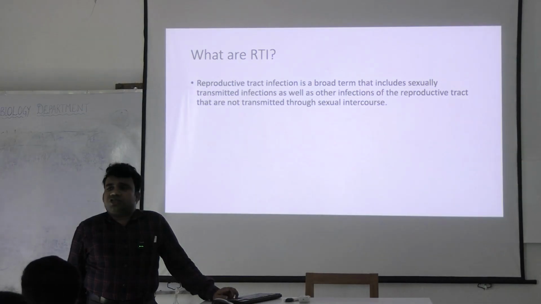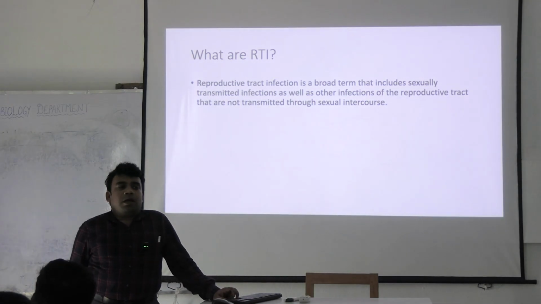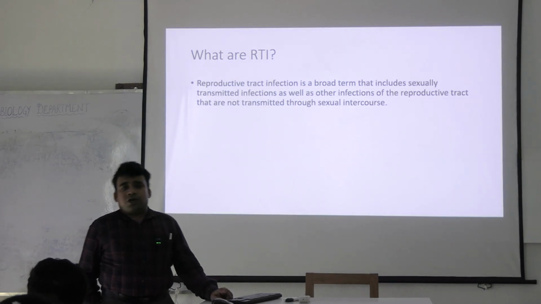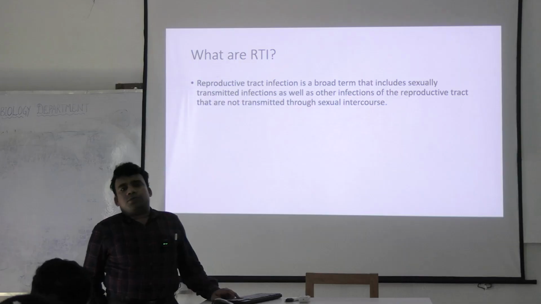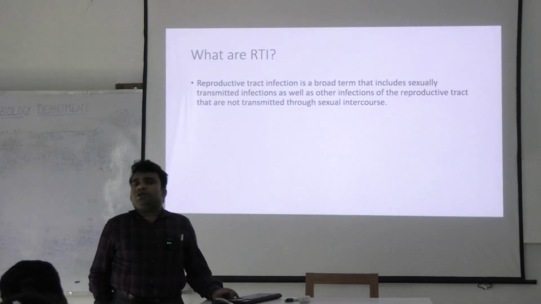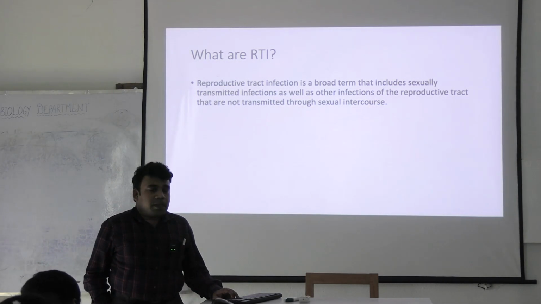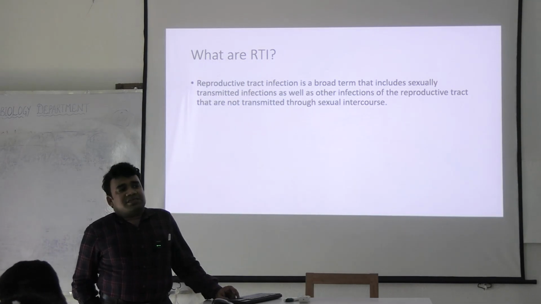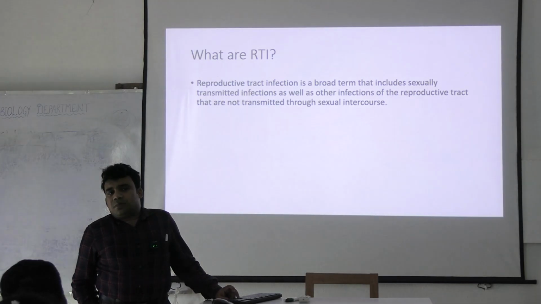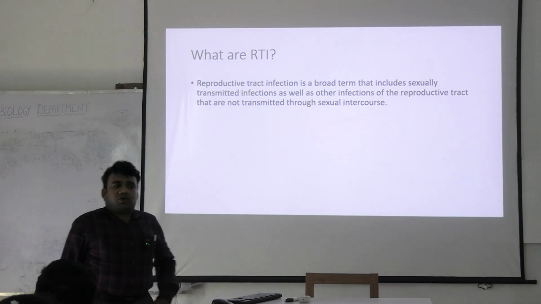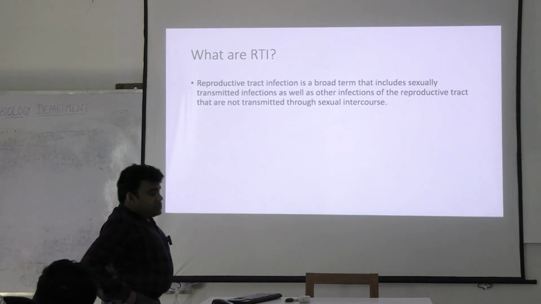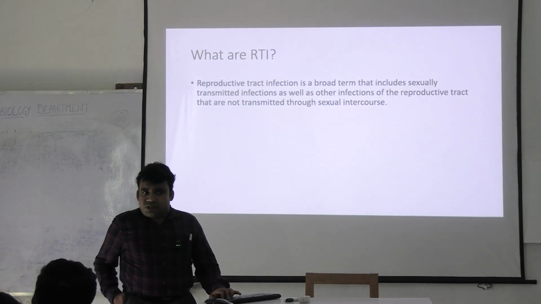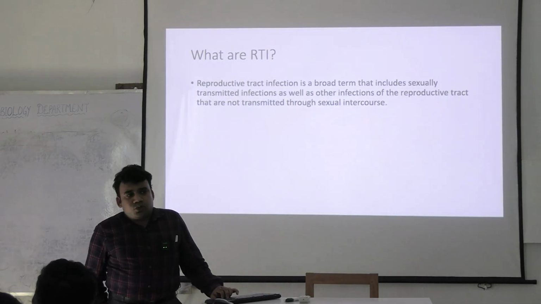Basically, reproductive tract infections would include any kind of infective process that is going on in the reproductive system. So in females, it would encompass from external genitalia up to the ovaries, including the fallopian tubes, uterus, cervix, and vagina. And in the case of males, it would include the penile urethra, testis, scrotum. So any infection in these organs or organ systems, we can call reproductive tract infections. Now, most of the diseases which affect the reproductive tract are transmitted through the sexual route.